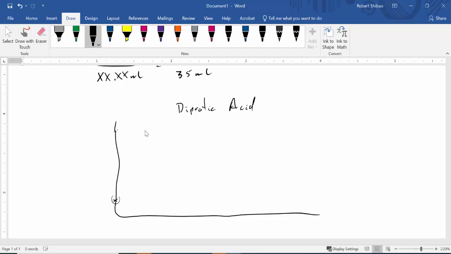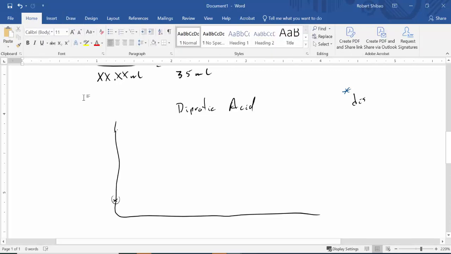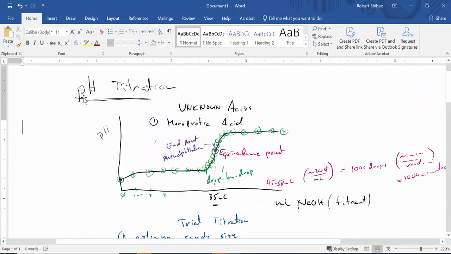And so the first thing is we need to make your unknown as concentrated as possible. The instructions like this are made for any unknown acid. But when we're doing this in practice, for example, for the least soluble acid, they'll write on the unknown how much water you need to add. But what you're going to do is dissolve, this is important here, it doesn't matter if it's monoprotic or diprotic, but for your pH titrations,